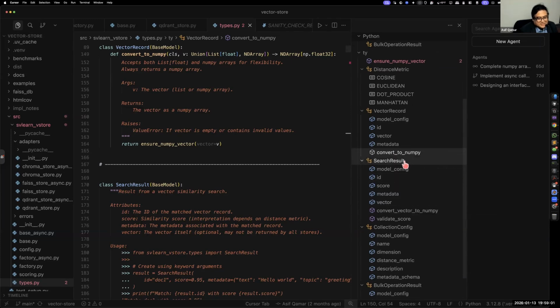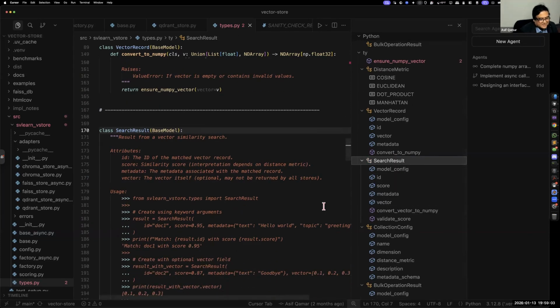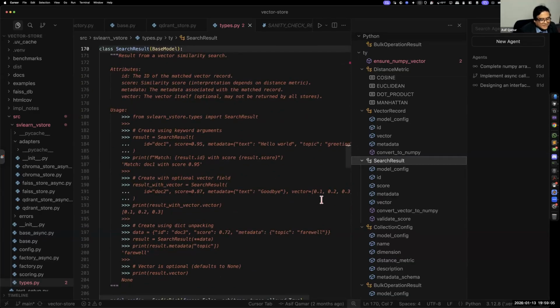Now, let's think of search results. If there is one thing that I want you to take away: most of the time when people create RAG, guess what the output is? At the end of RAG, what is the output? Just text. Right? But I would dissuade you from doing it. The first lesson is, don't do that. Do something better.